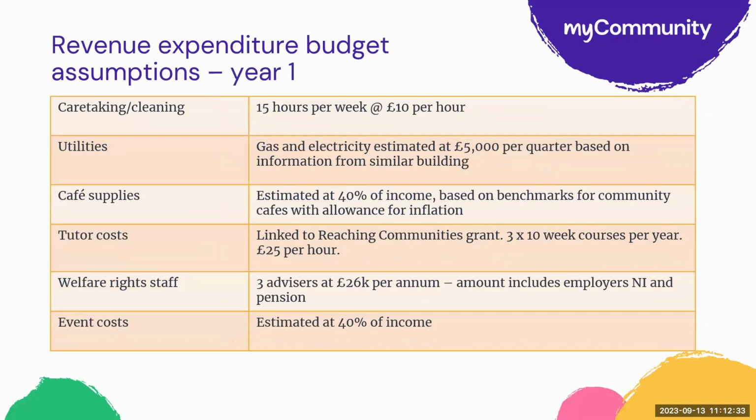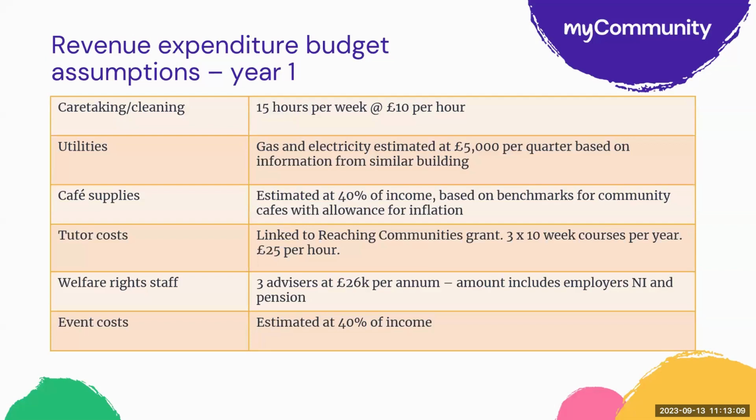And those of you who have spotted this, eagle-eyed, will note that I haven't upgraded this since the last set of minimum wage calculations. But you would be working out how much you were going to pay per person per hour. That's how much it costs per week. On utilities, you might be looking at what the cost is for a similar building. You might be building in some additional costs for the fact that utility prices are high.